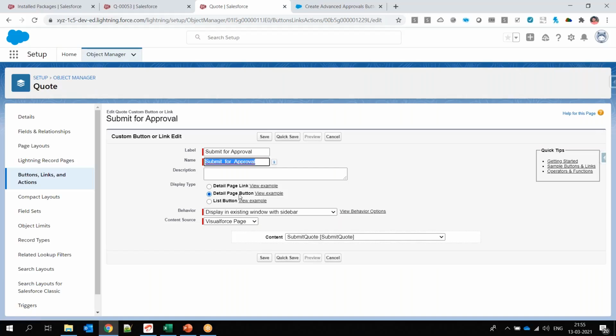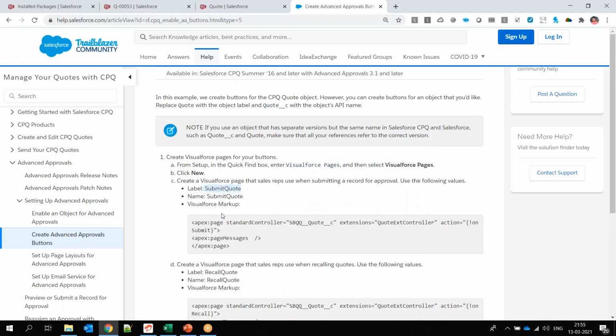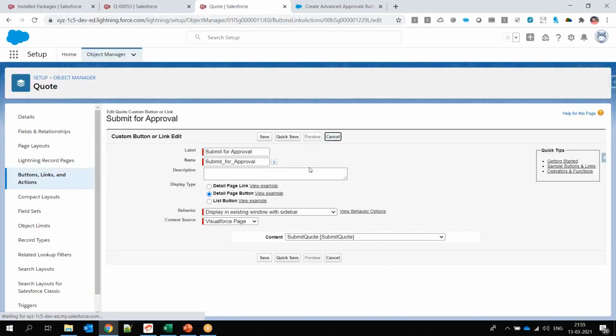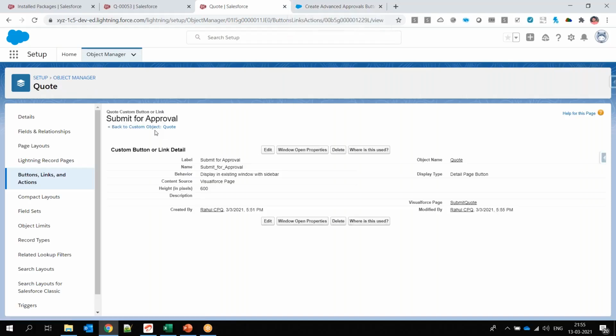Your submit for approval detail page button is calling a Visualforce page, and the Visualforce page name is submit code, that we created here. This Visualforce page is calling your class, right? Similarly, you need to create another button. That button name is